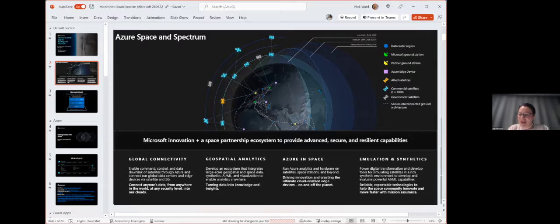And the final pillar is emulation and synthetics. And that's really about enabling the developers and the builders in the space industry. Think of it effectively as a digital twin of a satellite. So how you can access software development kit and tools to help you simulate and plan for satellite missions in